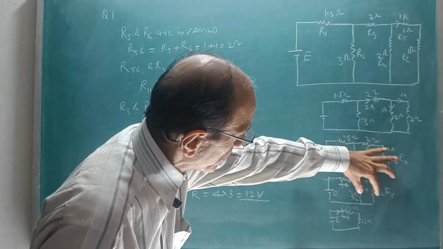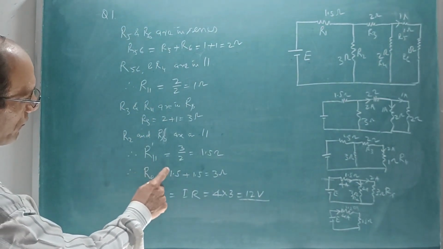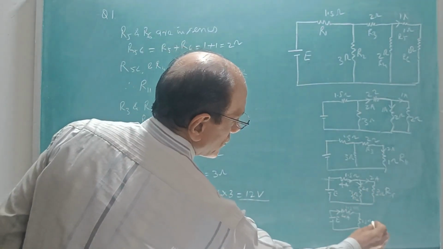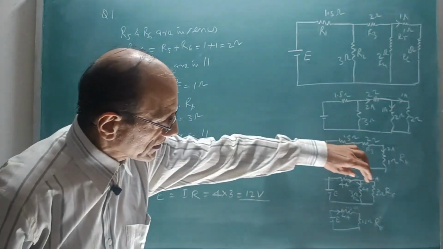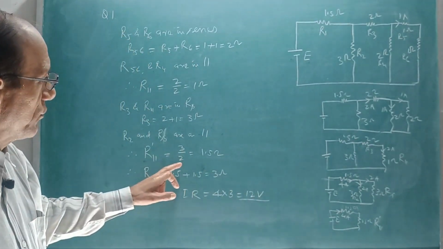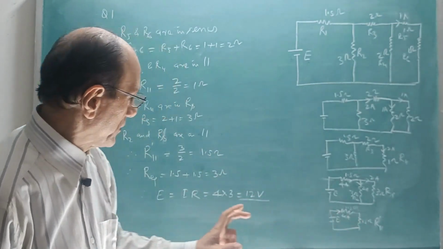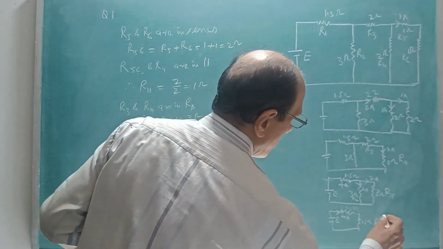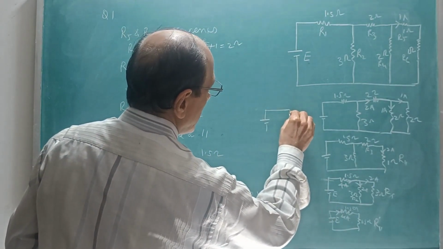Now these two resistors R2 and R series are in parallel, therefore the sum of this will be R parallel dash, I say. So that will be again the same way, value divided by the number, because they are identical. So 3 by 2, that is 1.5 ohm, and the equivalent circuit will become like this. So this way the R equivalent, the net, will become how much? This circuit will become finally